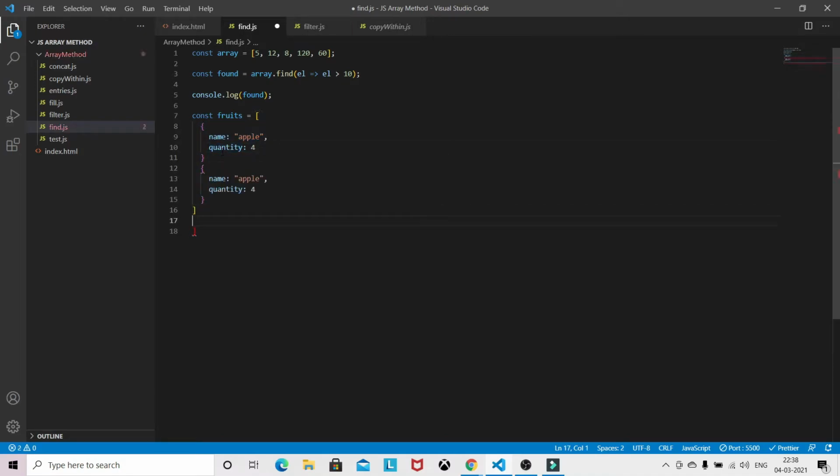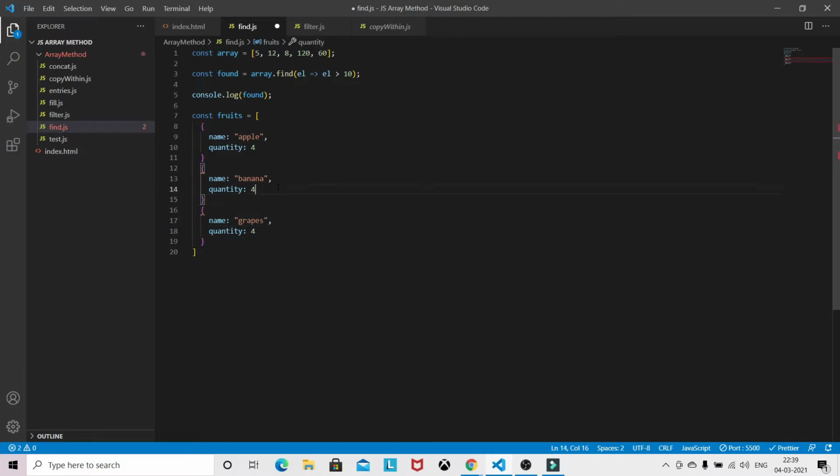Something went wrong while copying. Okay, so this one is banana, this one is grapes.